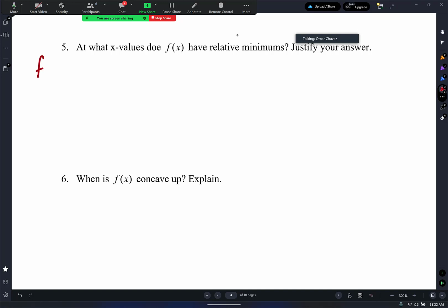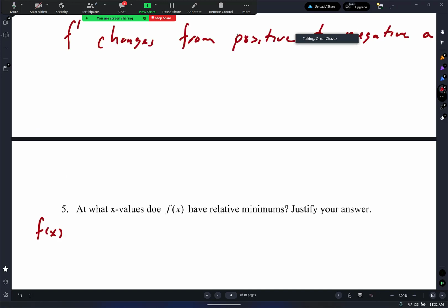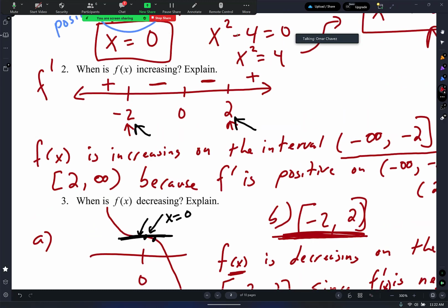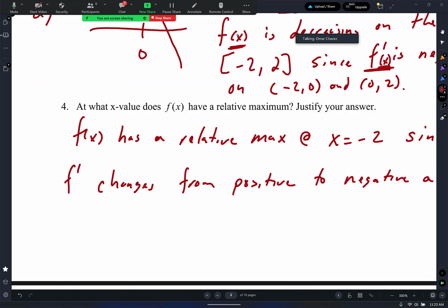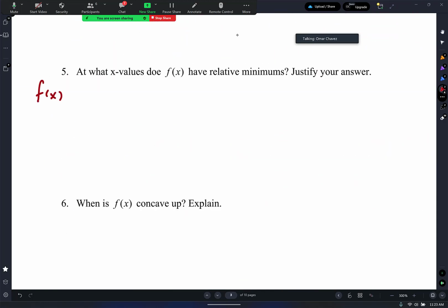I'm going to write f of x. And by the way, I have a minimum when it goes from negative to positive. So you read a graph left to right. So where do I have a relative min at? At x equals? At x equals 2. So here we go. I'm going to write f of x has a relative